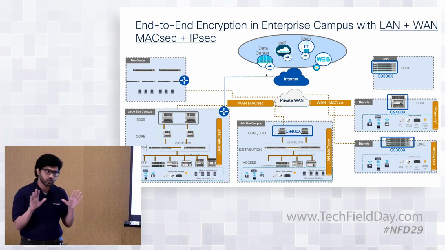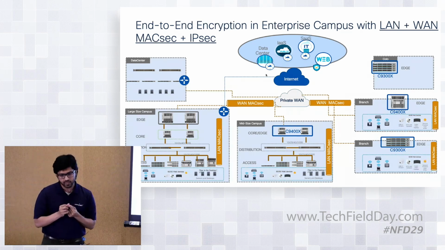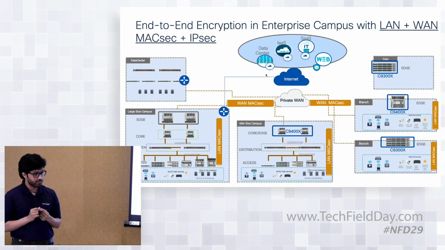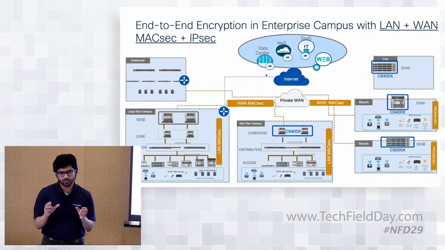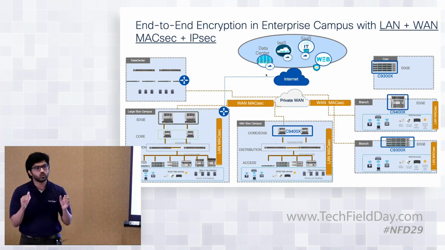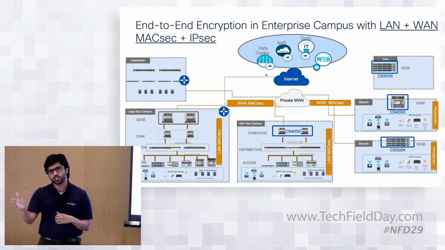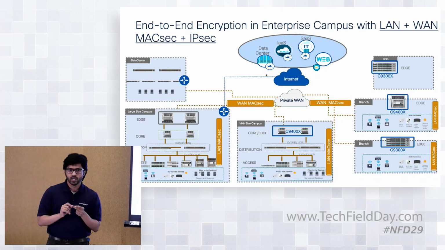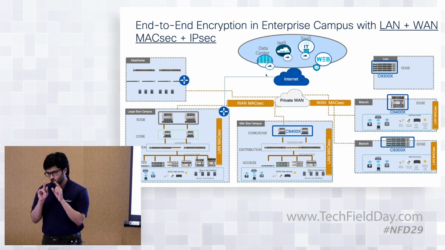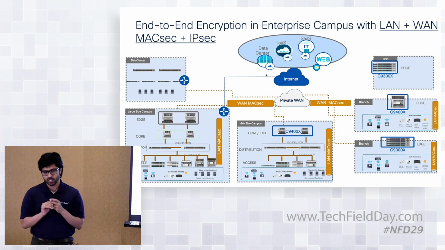Now, a couple of things I want to decipher here. Number one thing, why are we doing this, right? The number one point is we want to bring in that consolidation. We don't want the customer to manage routers separately and the switch separately in the branch because he needs IPsec there, right? That is number one. Second point, I'll come to that in a second. One important highlight I want to bring here is